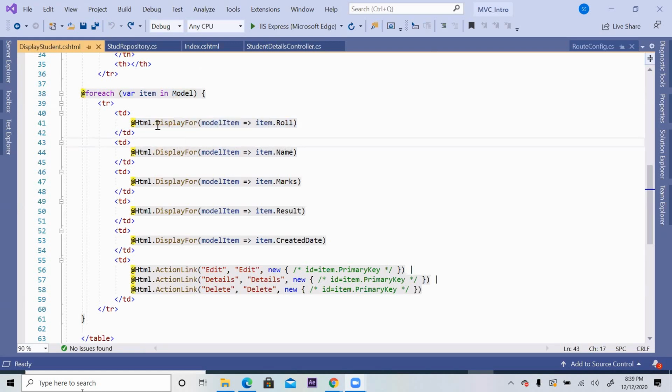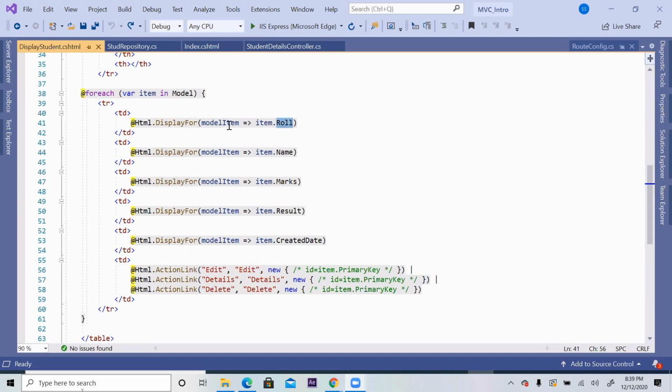Again, see, DisplayFor. It is not just simply Display. Simply Display is the first category of HTML helper. This is the second category of HTML helper, that means strongly connected with some model property. So DisplayFor which property of the model?